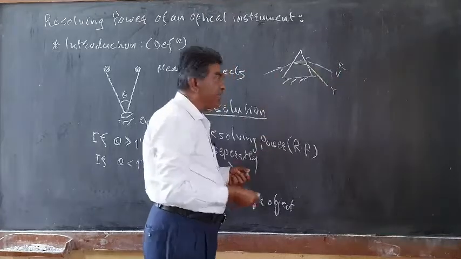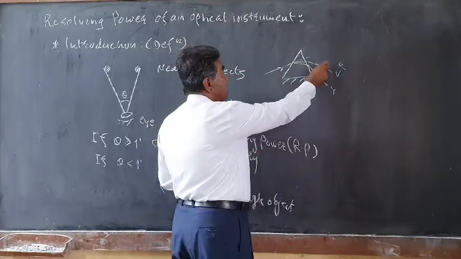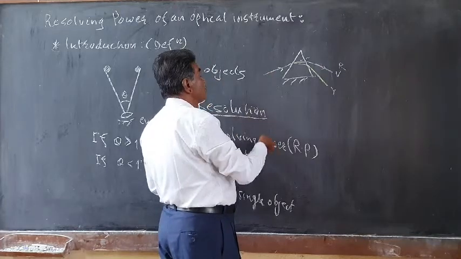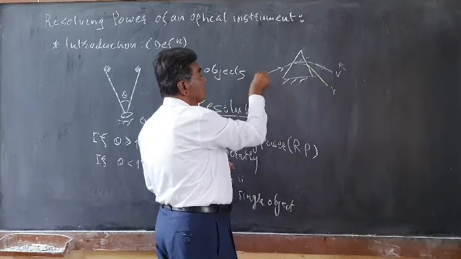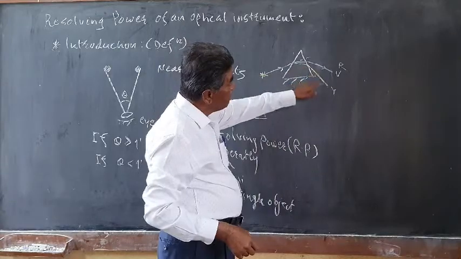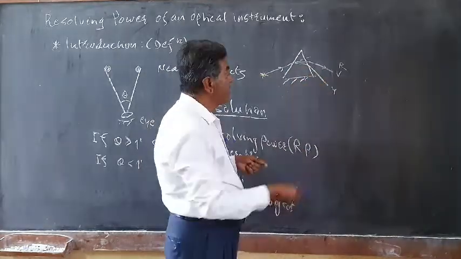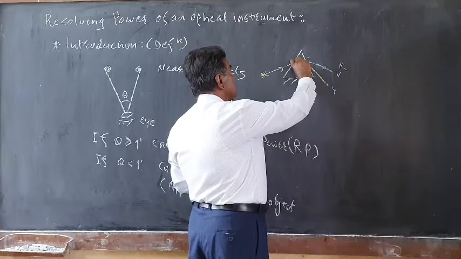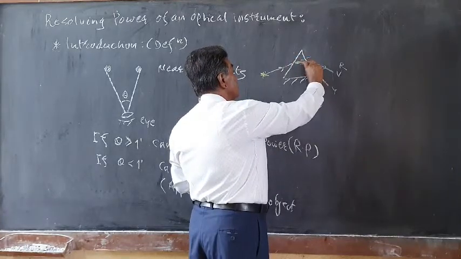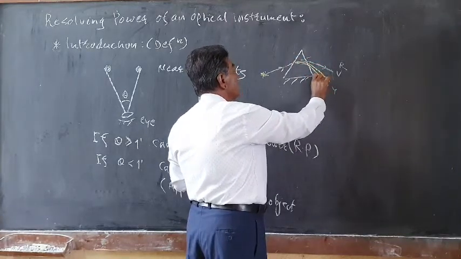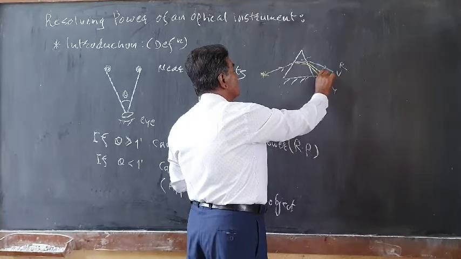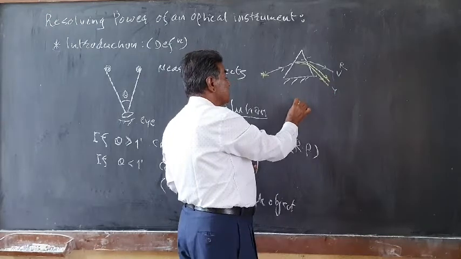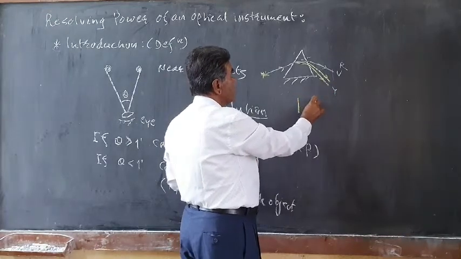Different colors we are getting here, and this is the white light source incident on the prism. A different spectrum is obtained. In case of the yellow, we are getting two lines very close to each other, and these two lines can be regarded as very close lines. We can represent them like this: this is one line, and this is the other line.